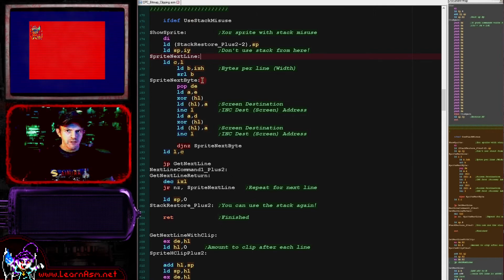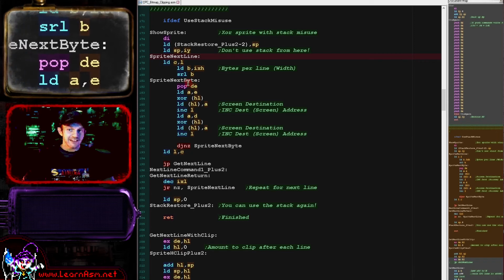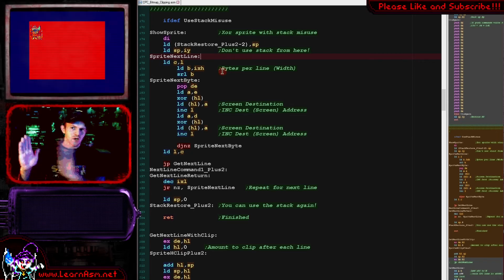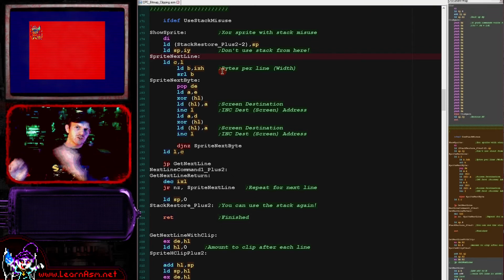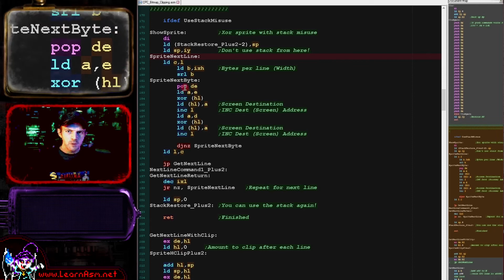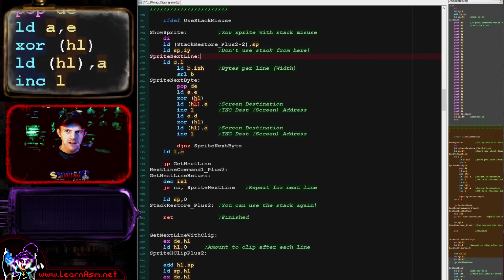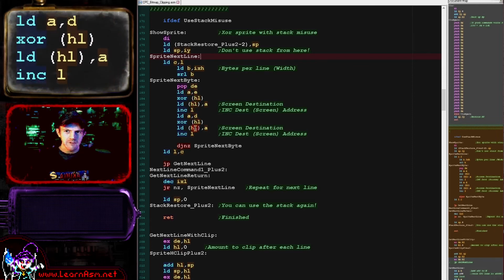Now, rather than pushing data to the stack to fill areas, we're this time popping data off the stack to read it. So this time it's working in the same format as the original one. Every time we pop, we read 2 bytes starting from the beginning of the range. So we're reading our bitmap data. So we read 2 bytes and then we are writing one to the screen here and writing to the other